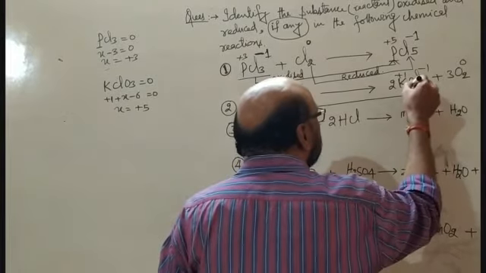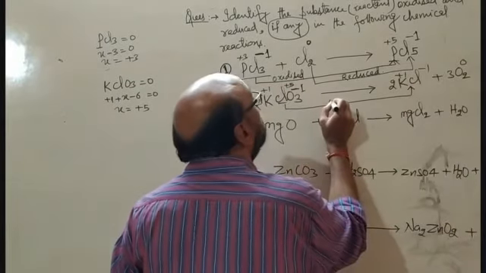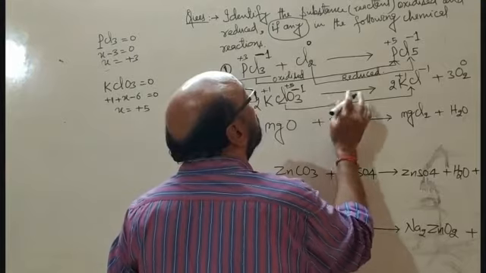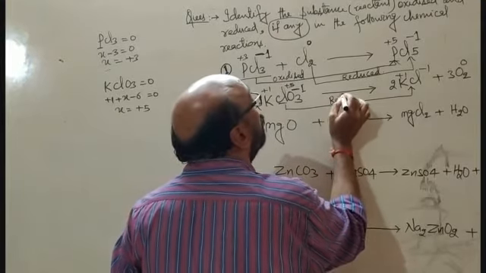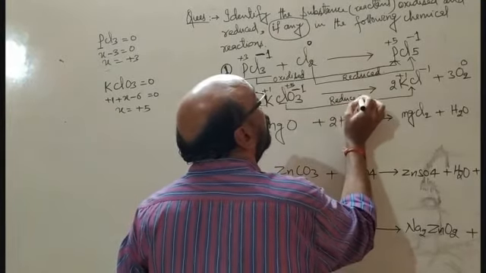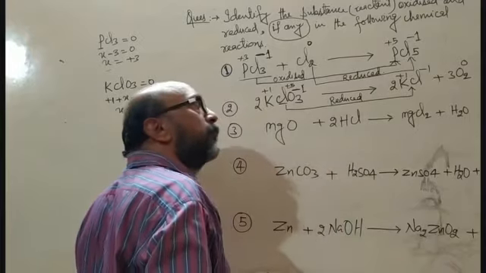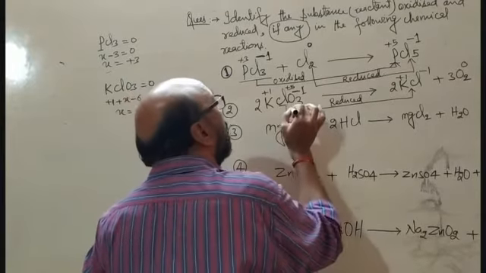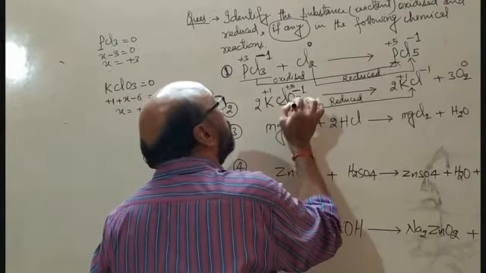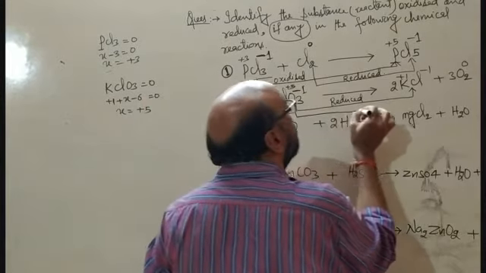Means KClO3 is reduced to form potassium chloride, and the same compound KClO3